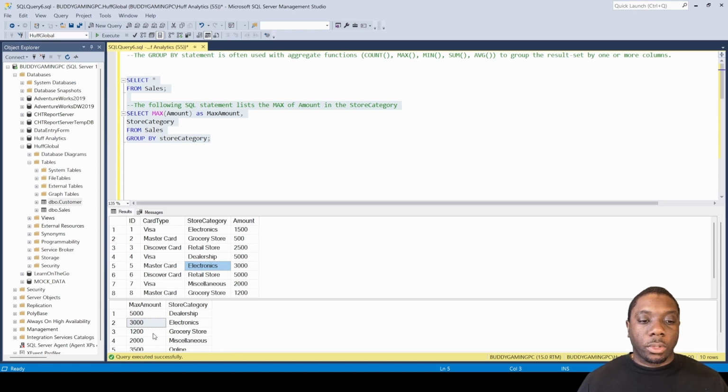So that's how we get 3,000 back. In grocery store, we have 1,200, and up here we have 500 here, then we have 1,200 here. So it's going to give us that max amount, and that's how that max amount group by works in SQL. Let's go ahead and get to the next one, and that is the min amount. We don't really have to rewrite anything here. Let's just simply come here to max and change it to min, and we're going to come here and change this to min,